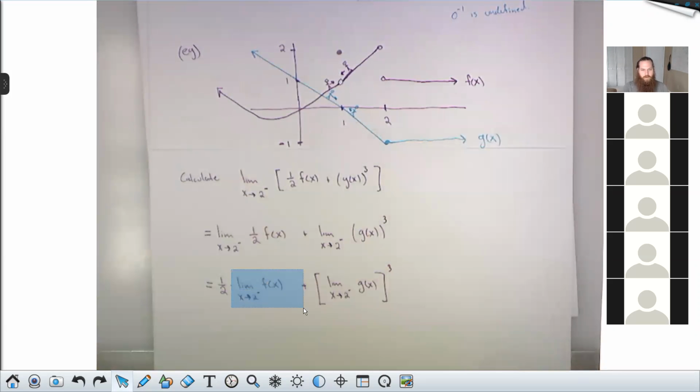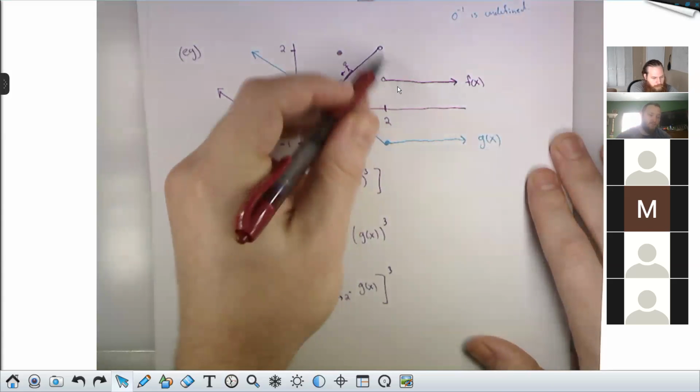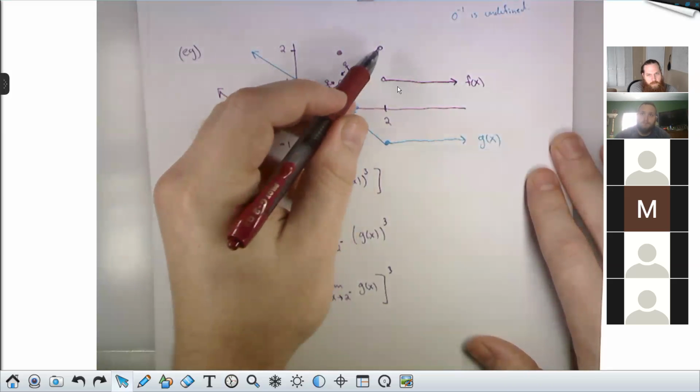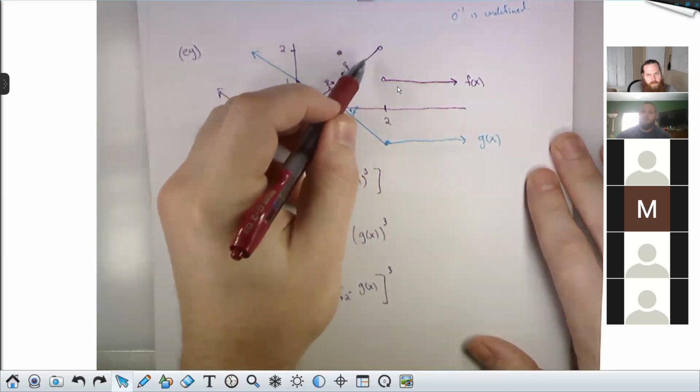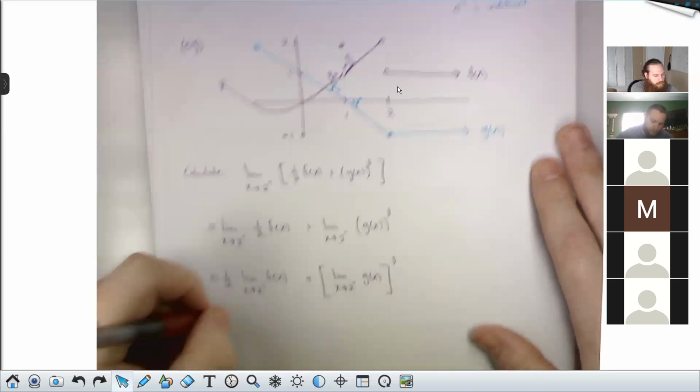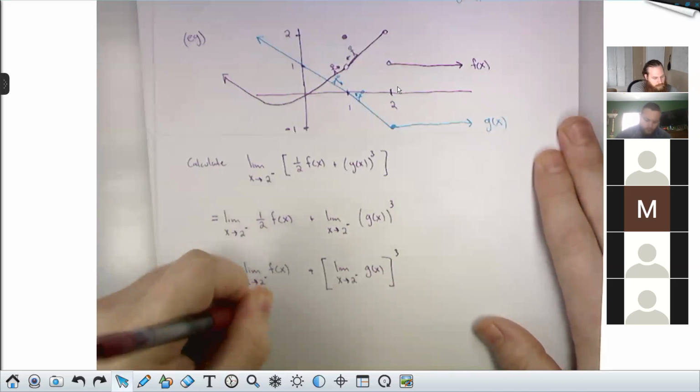And our goal in each of these, remember, is to get it down to something like this and something like this that we learned how to calculate last week. So I'm not going to start by drawing any more little dudes on the graph because I don't want to clutter things too much. Can anybody, preferably somebody I haven't heard from yet today, tell me what the limit as x approaches 2 from the left of f of x is? 2. Very good, Mackenzie. Exactly. We look at the graph of f near x equals 2, and we ask, if I'm sneaking up on x equals 2 along the purple graph from the left, what are my y values getting closer and closer to? They're getting closer and closer to 2. So this first piece, I have here 1/2 times 2